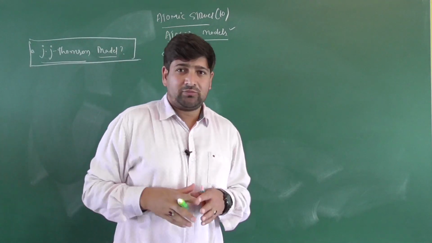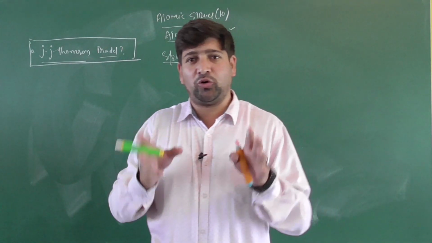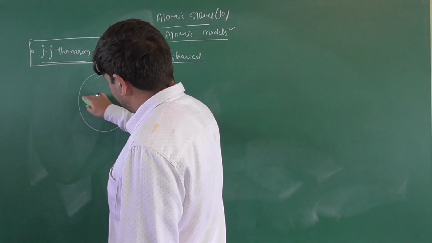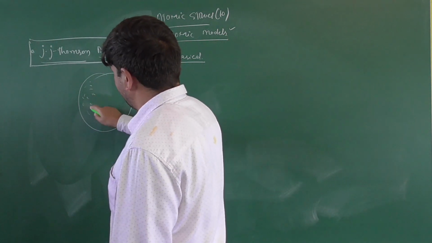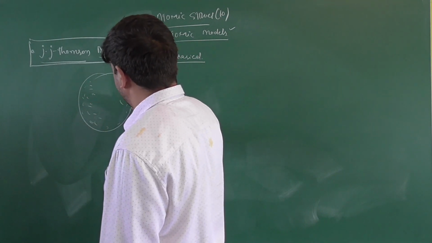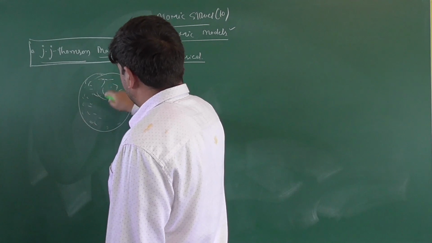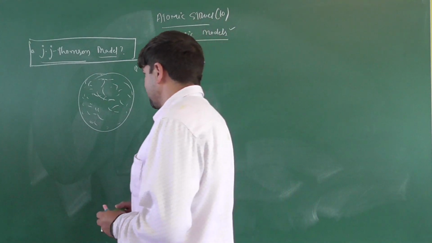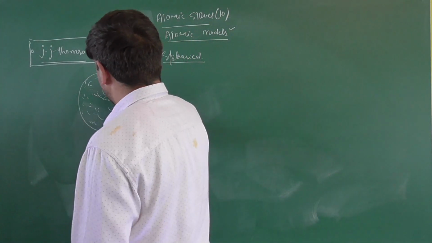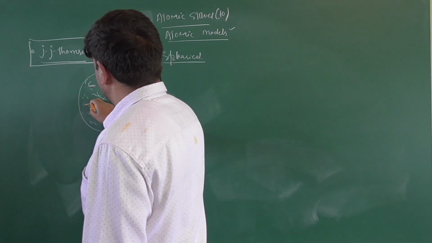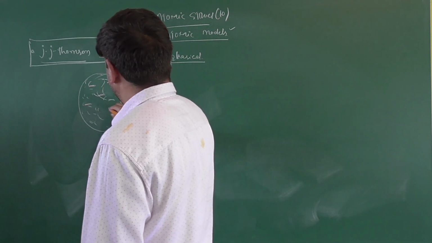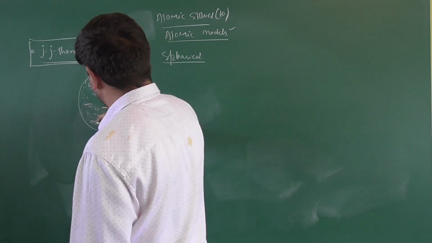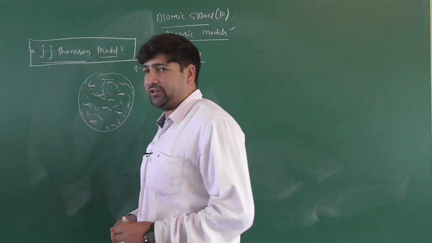In which the mass of the atom is uniformly distributed in the whole of the atom. So he considered it spherical, and the mass, that is protons and neutrons, are embedded in the atom and they are arranged uniformly everywhere in an atom. As protons are positively charged, in order to bring electrical neutrality, he mentioned that electrons are present within the atom, embedded in the atom, which are maintaining the electrostatic interactions with the positively charged part. Rest all part is positively charged part, and these are the electrons embedded in it.